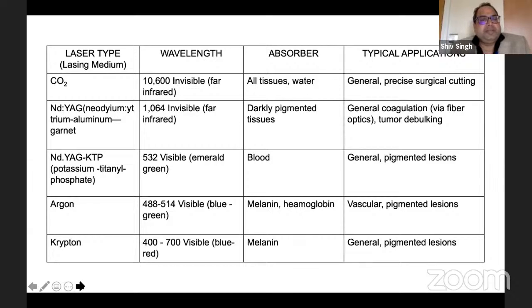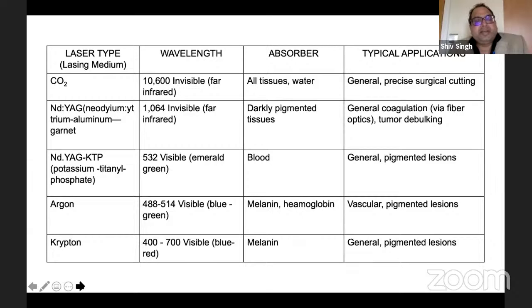And then we have neodymium YAG. YAG stands for yttrium aluminum garnet. So that is a solid lasing media. You can have neodymium YAG KTP. KTP stands for potassium titanyl phosphate. And you can see they have different wavelengths. Neodymium YAG is 1064, whereas the neodymium YAG KTP is 532. And